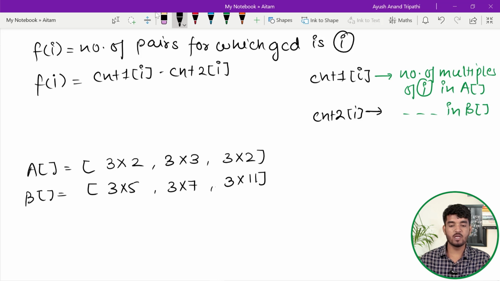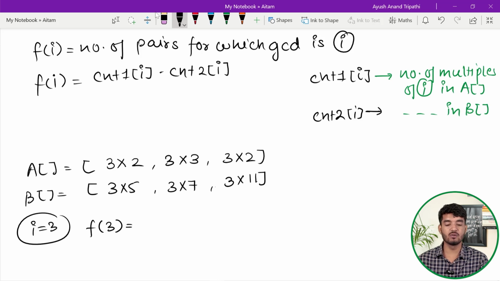So now, how many pairs are there for which the GCD is, let's say, 3? So let's say the value of I is equal to 3. So f of 3, how many pairs are there for which the GCD is equal to 3? So the number of multiples of 3 in array A, which is CNT1 of 3, is equal to